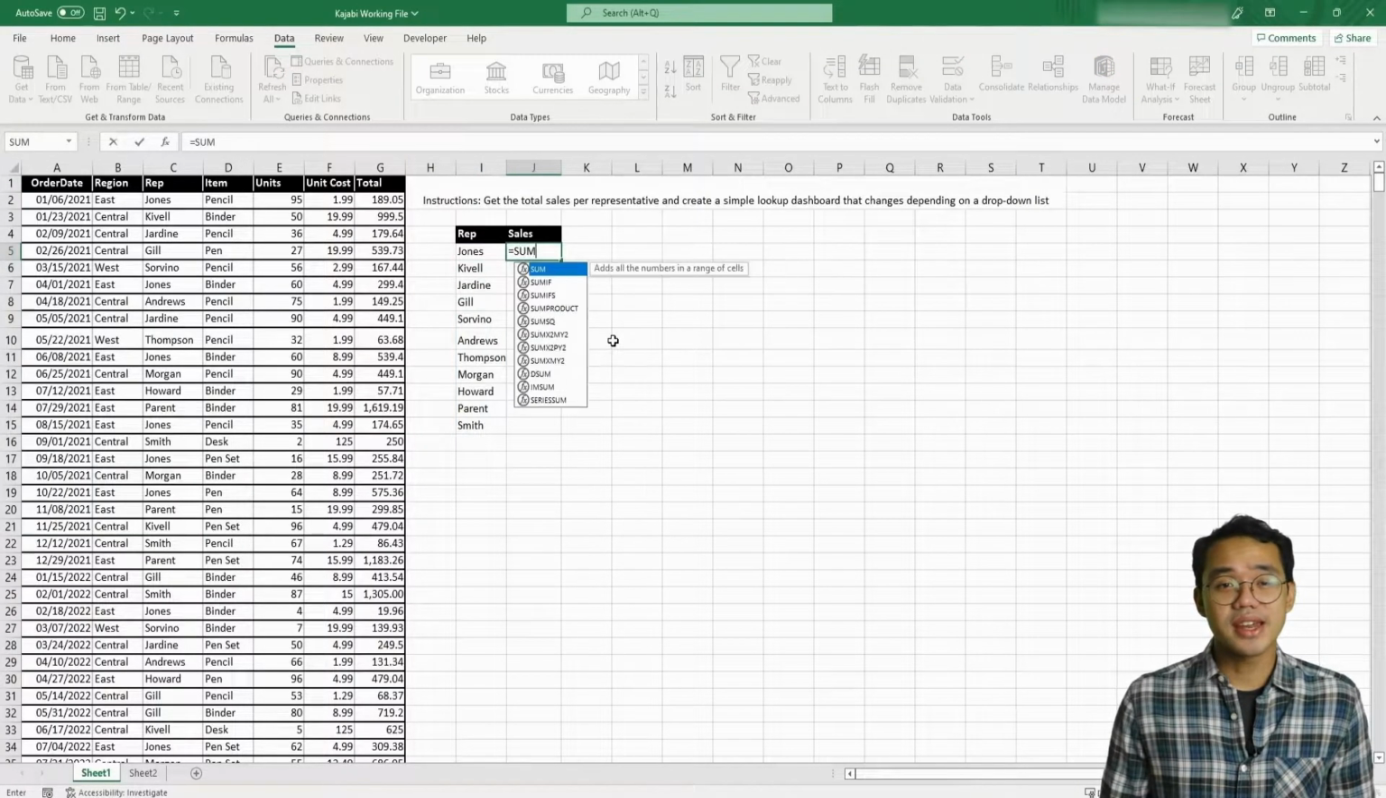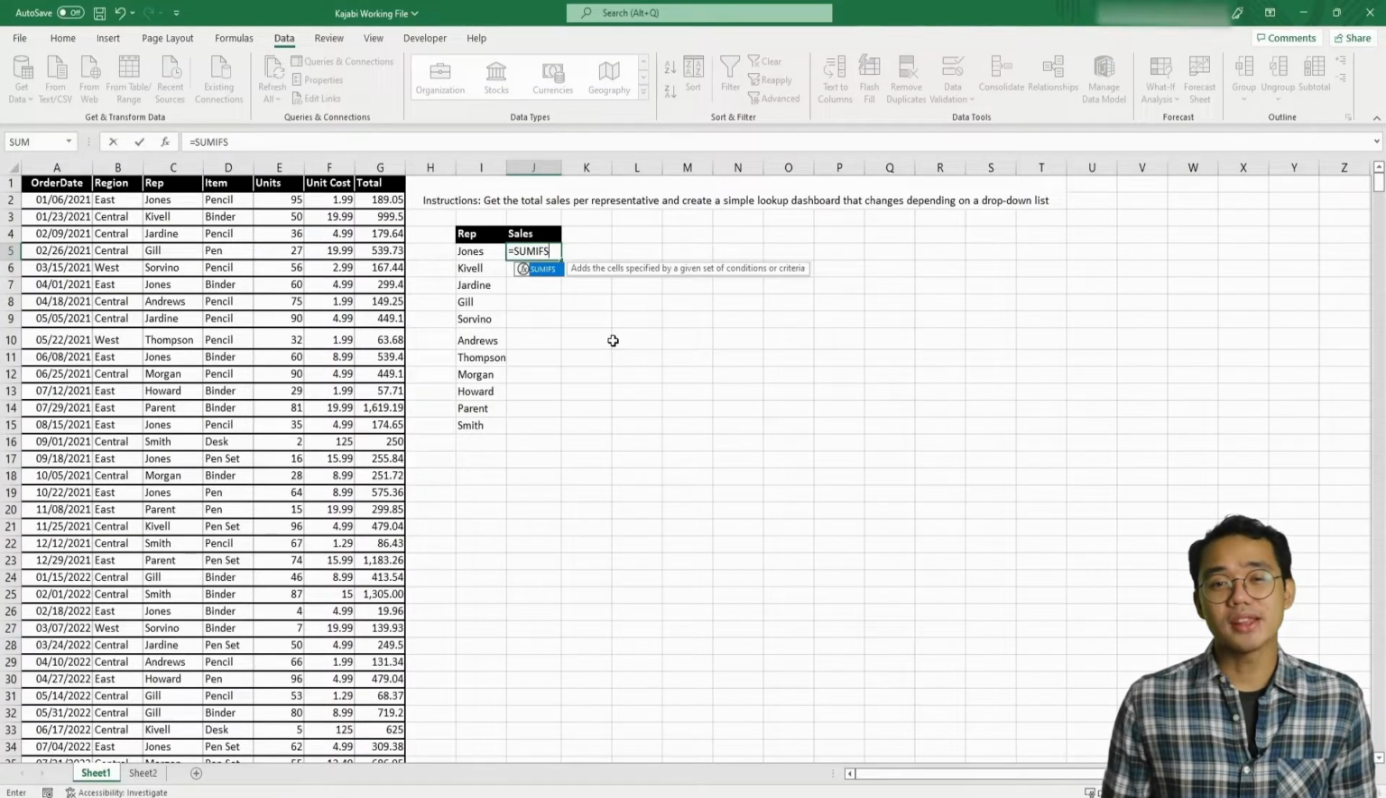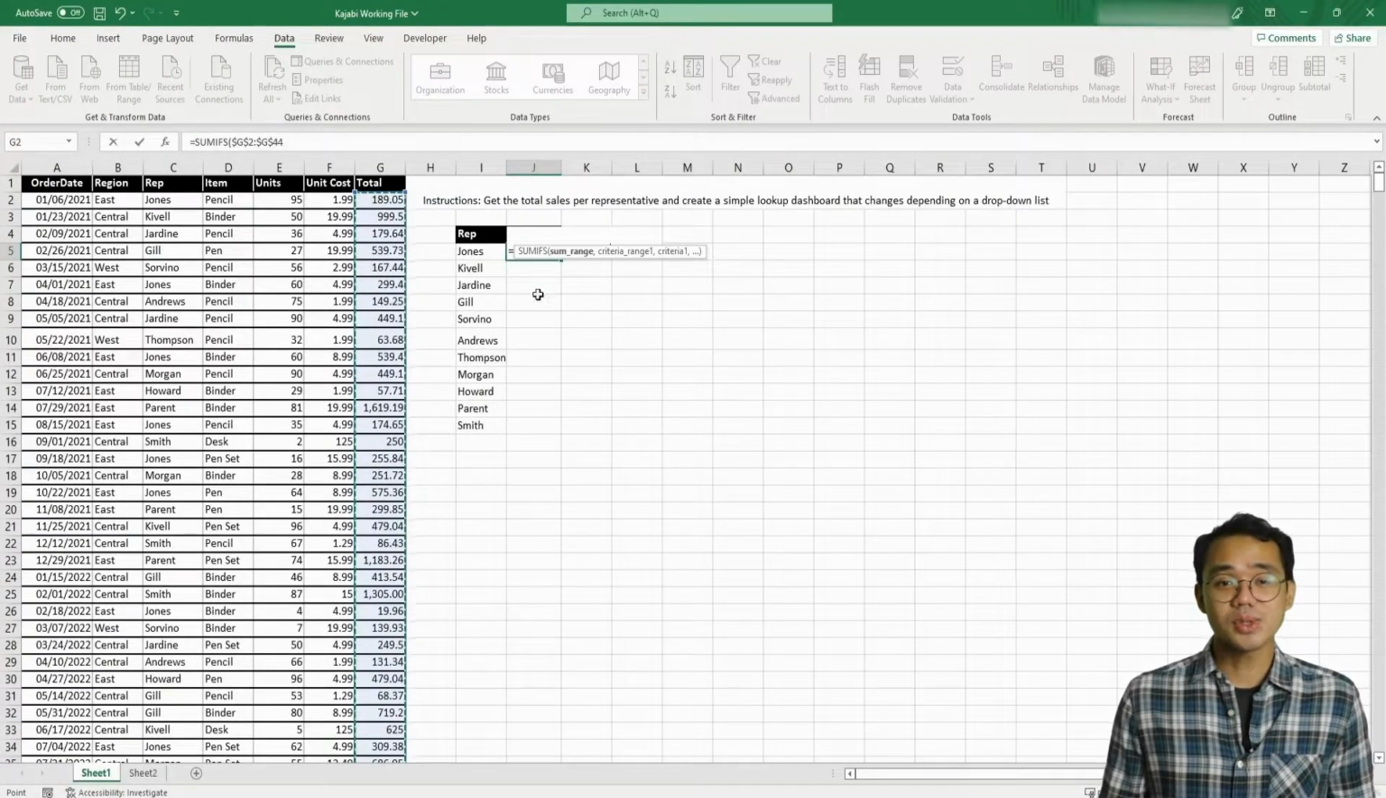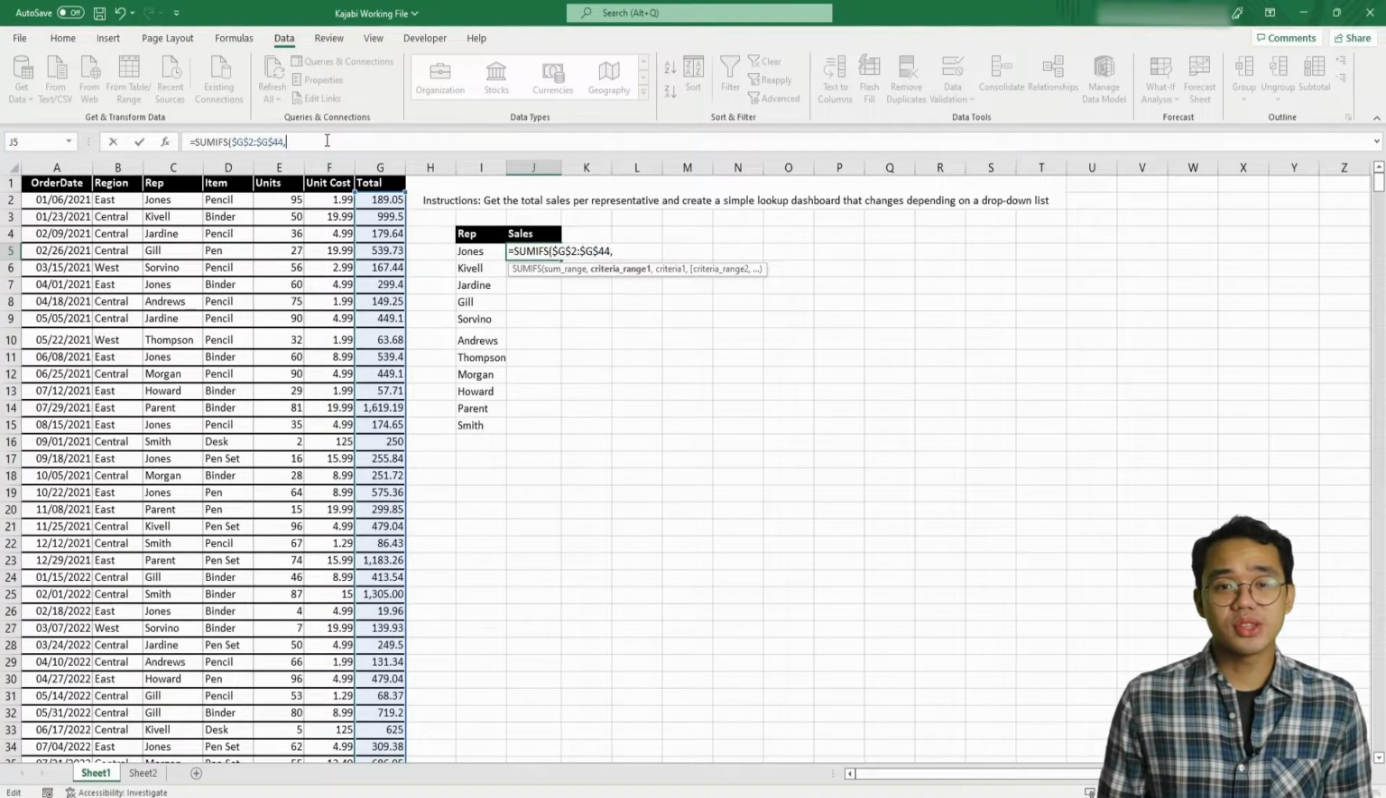The SUMIFs function can add multiple cells based on multiple criteria, and it follows this syntax. First, we want the sum range, which is the total row. Once we reference that, we want to press F4 to lock it in place to create an absolute reference, as we don't want the referenced cells to move once we move this formula down. Then, we want the criteria range. This tells the function to add the total in the same row as the criteria if it matches the condition we'll set. For that, we select the entire rep column, and again pressing F4 to make sure it's an absolute